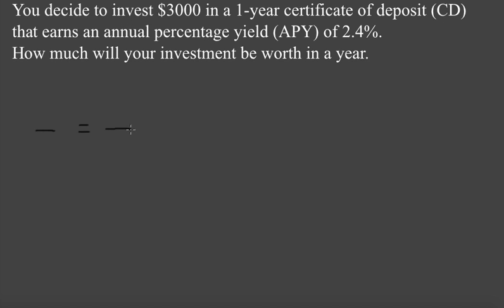$3,000. That's the original investment. Well, I like to put the 3,000 on bottom, and then I like to put this x on top because we want to know how much it's going to equal in a year. And then 2.4%. Well, 2.4%, that's important. 2.4% means 2.4 over 100, which would be written like this: 2.4 over 100,